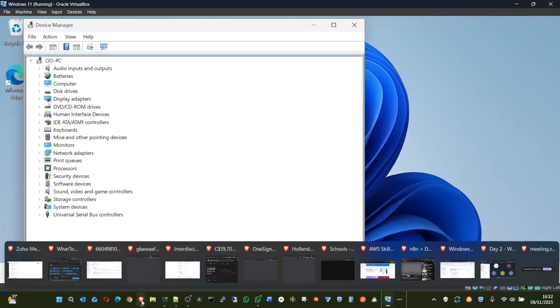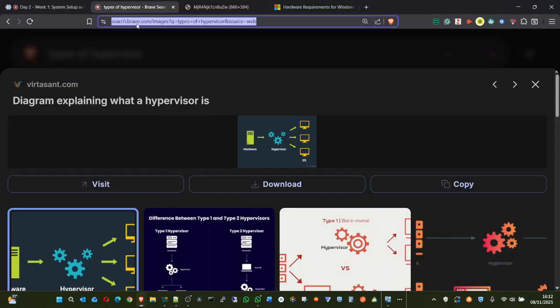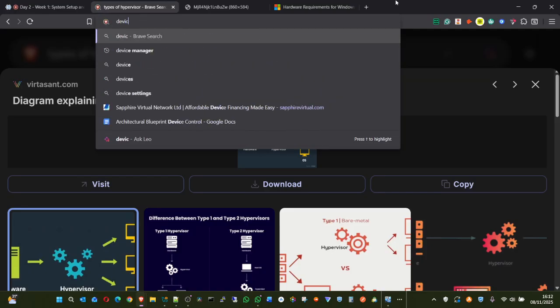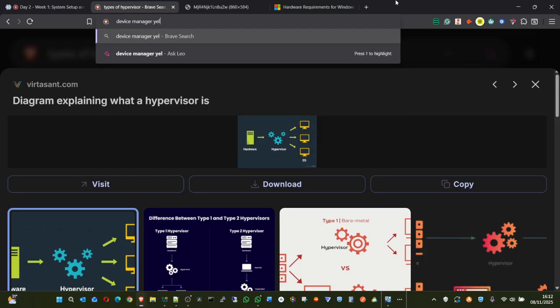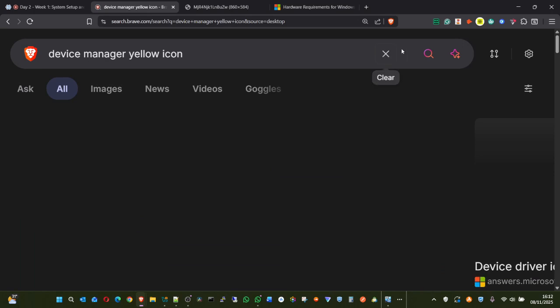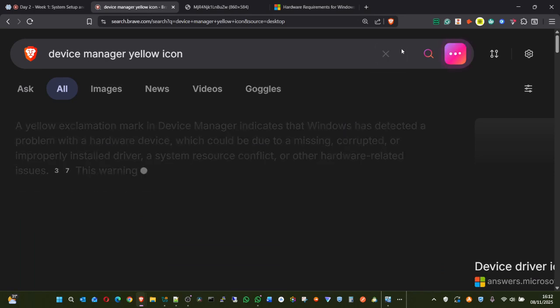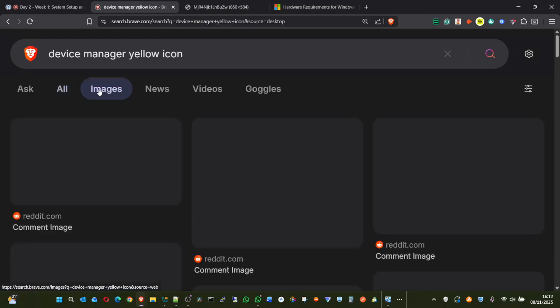Let me show you exactly how that problem may look. Let me search device manager yellow icon, how it normally looks if the system is having a problem. Let me go to images.